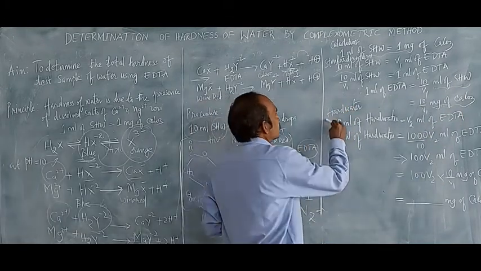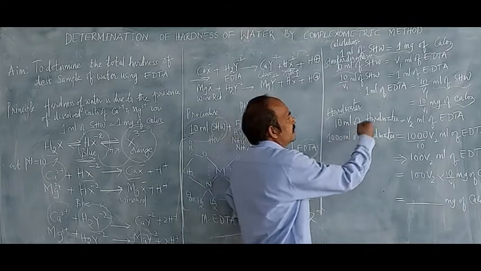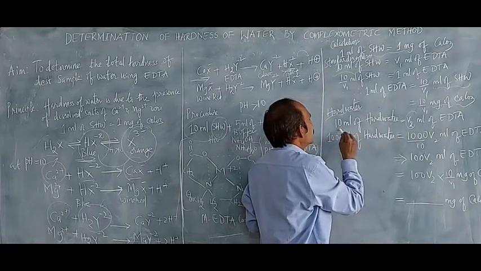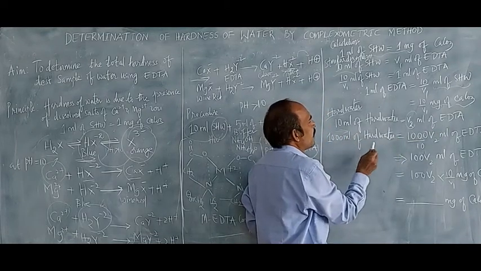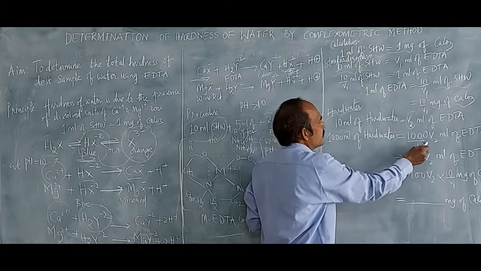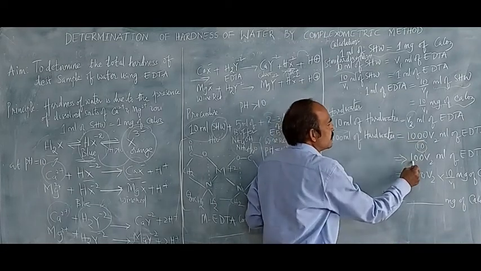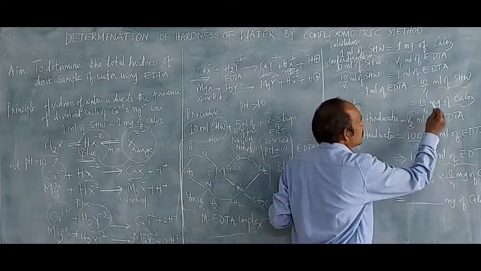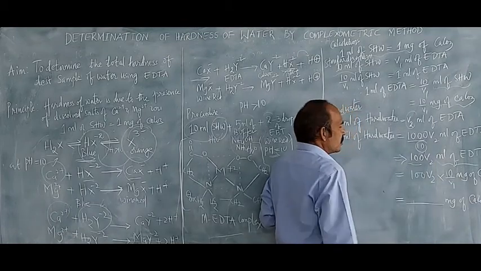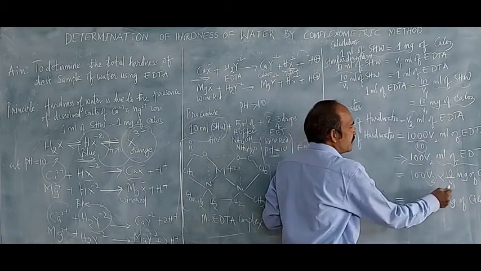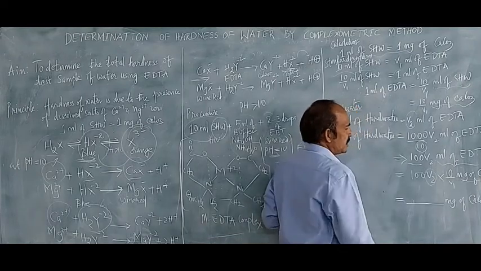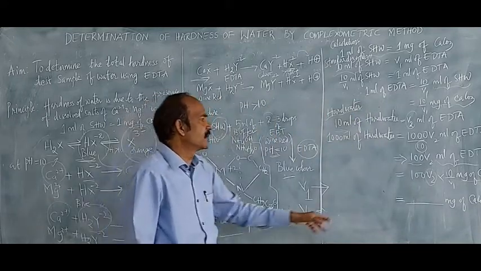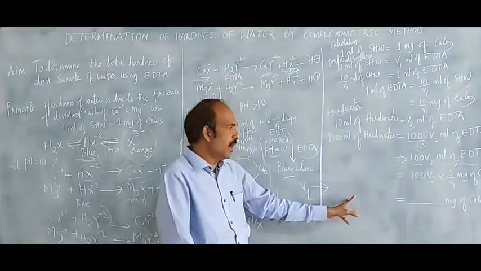Similarly, we do it for the hard water. Suppose we take 10 ml of hard water, and when we titrate it against the EDTA, it consumes V2 ml of EDTA. We are going to calculate this for 1 liter. So 1000 ml of hard water is equal to 1000 by 10, because we are taking only 10 ml, which is 100 V2 ml of EDTA. We know that 1 ml of EDTA is equal to 10 by V1 mg of CaCO3. So when we multiply 100 V2 by 10 by V1, that gives the mg of CaCO3, that is, ppm, parts per million. The hardness of water is always expressed in terms of mg of CaCO3 or ppm.